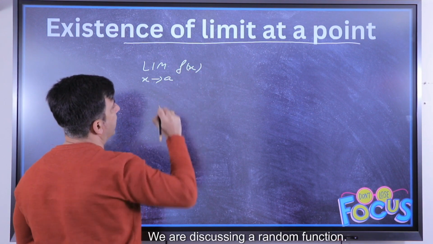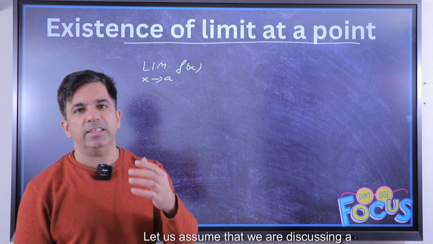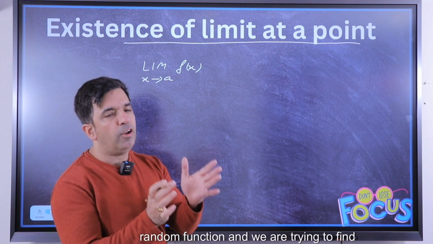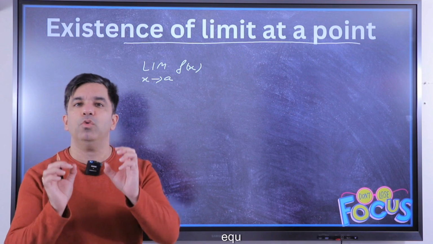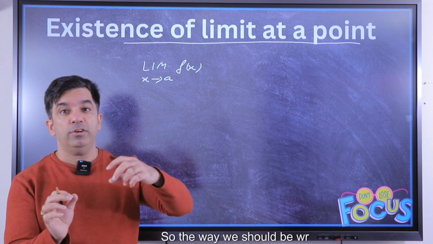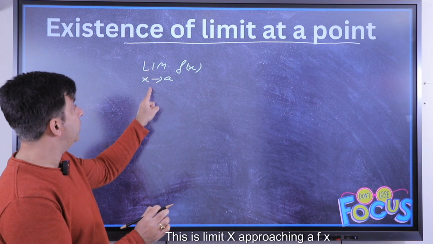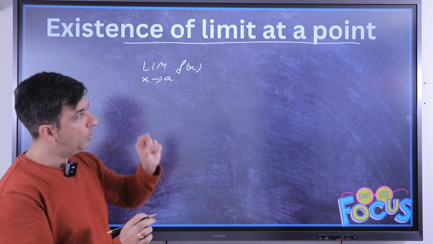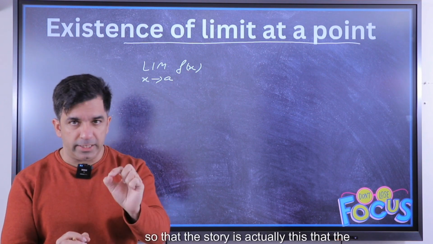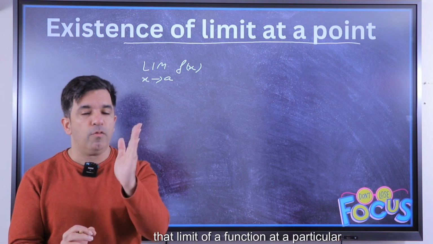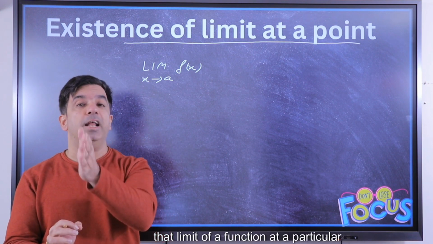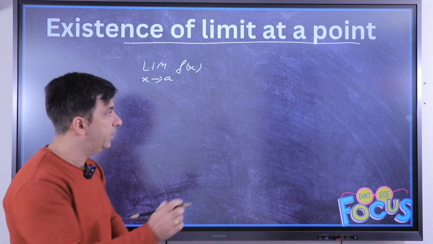we are discussing a random function. Let us assume that we are discussing a random function and we are trying to find the limit of that function at a point x is equal to a. So the way we should be writing this is limit x approaching a f(x). So the point which you have to understand is this, that limit of a function at a particular point a exists if